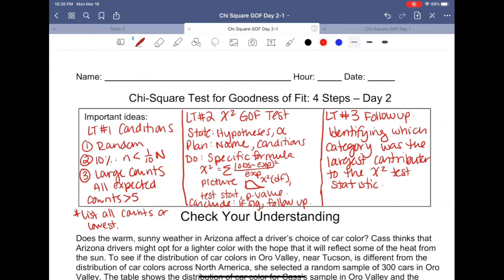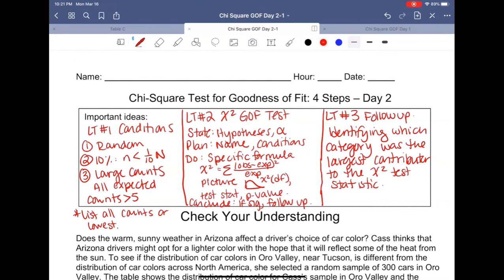So what that means is, let's say you were expecting to have 100 of whatever your thing is. So you have 100 of them, but you actually got 99, so you're off by 1. You say, okay, that's not really a big deal, we're pretty close. Well, what if you were expecting 2 and then you only got 1? Well, then you've lost 50% of what you expected. So proportionally, that's going to be a greater value for your chi-square test statistic than if it were, say, 99